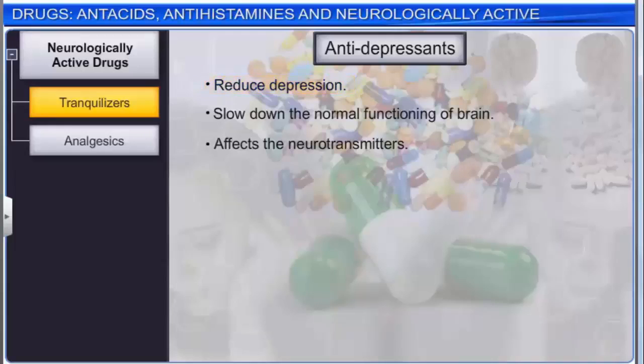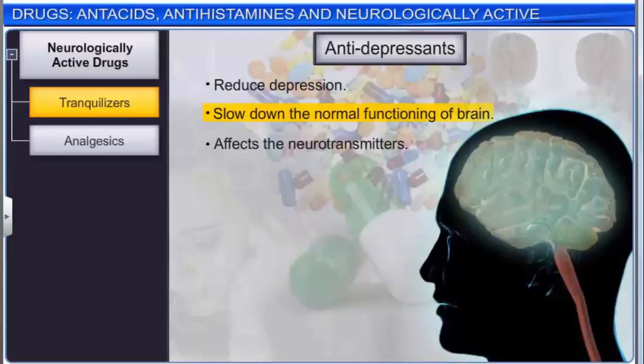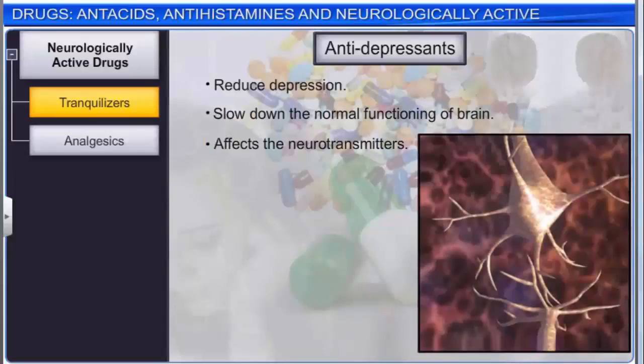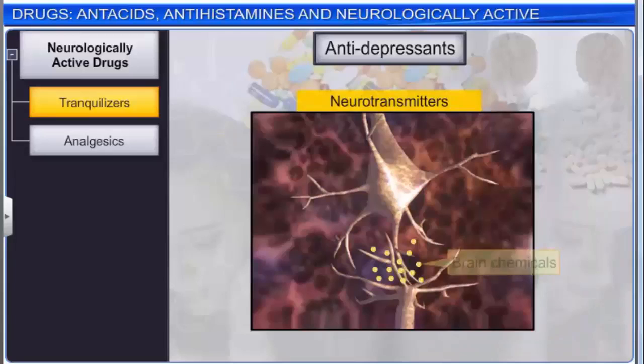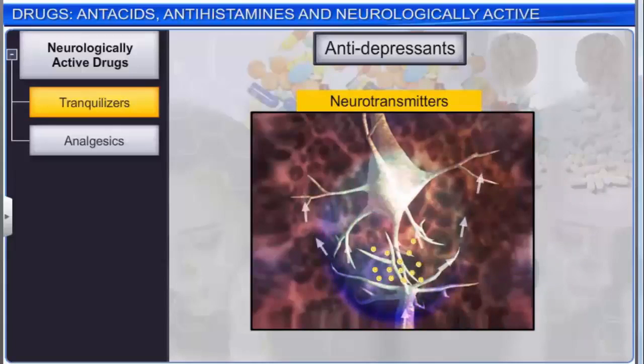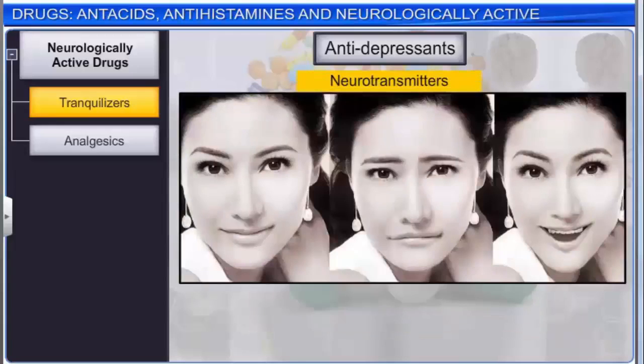Tranquilizers slow down the normal functioning of the brain. For that reason, they are often referred to as depressants. These kind of drugs work by affecting the neurotransmitters. Neurotransmitters are brain chemicals that help brain cells communicate with one another by spreading nerve impulses from one nerve cell to another. Their complex interaction is what shifts our mood and changes our mind. For example,